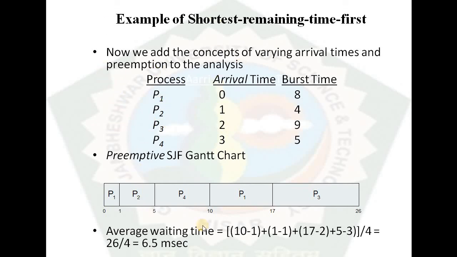I will again tell you why this is 10 minus 1, because students generally get confused here. The waiting time of P1 was 10 milliseconds. In this 10 milliseconds, the execution of P1 was 1 millisecond, so it does not have to wait for the total 10. In between this 10, 1 millisecond is its own execution, so we have to subtract this 1 millisecond of execution of P1 from the waiting time of 10. 10 minus 1 is the waiting time of P1, that is 9.